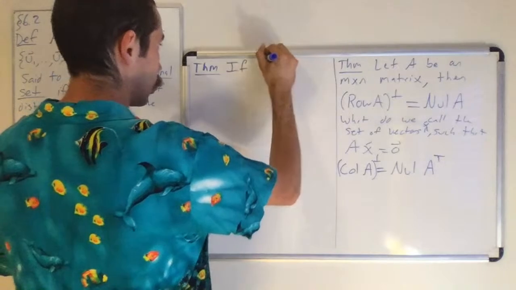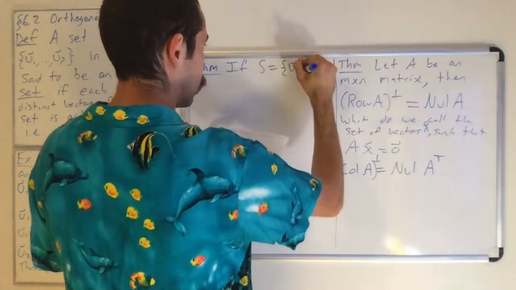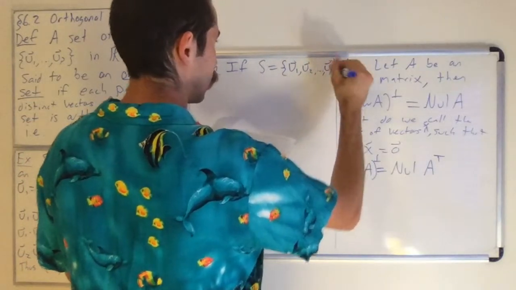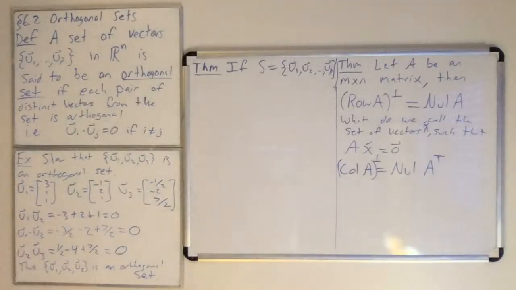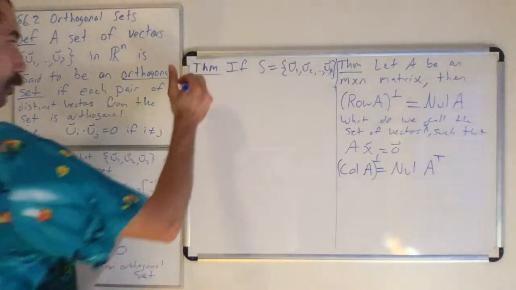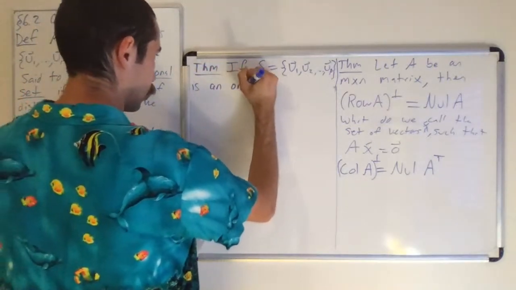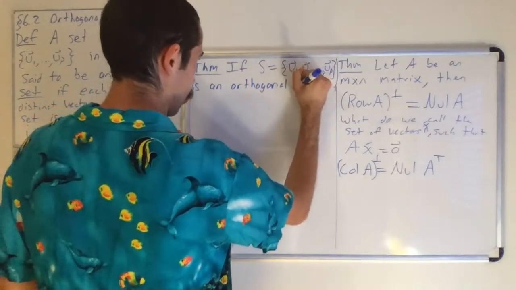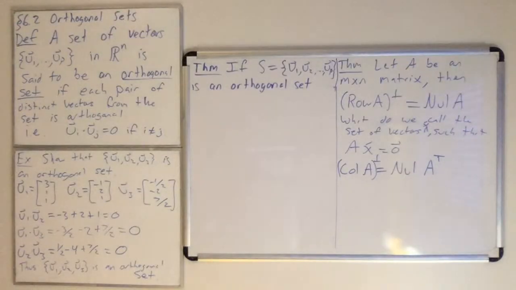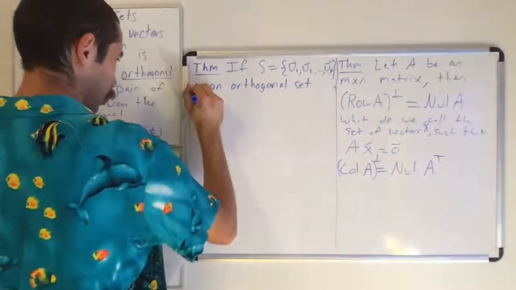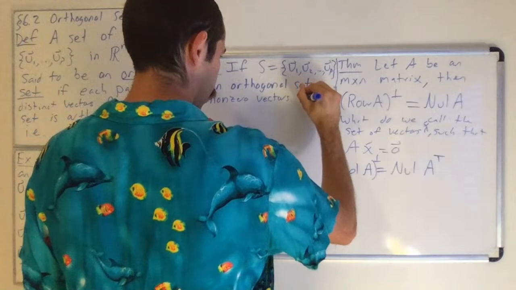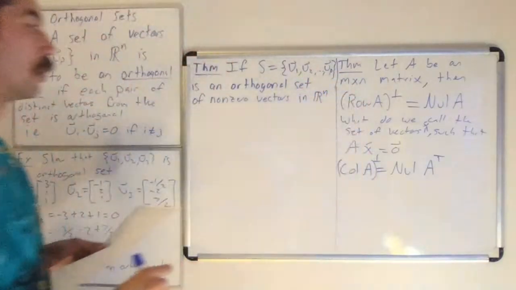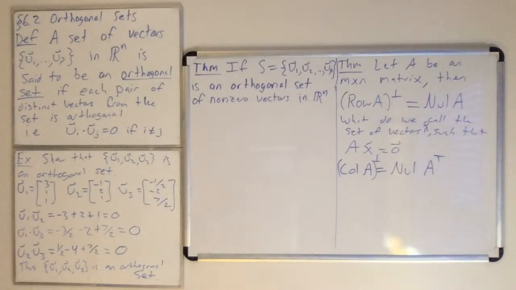So if S equals {U1, U2, ..., UP}, a collection of P vectors, is an orthogonal set of non-zero vectors in Rn, such that any pairwise dot product you evaluate gives 0,